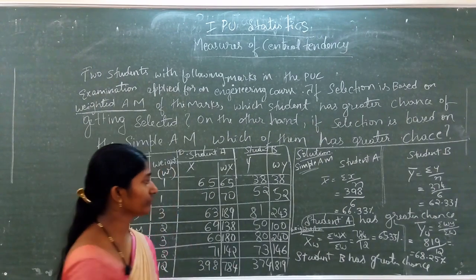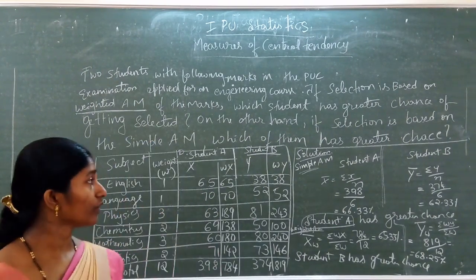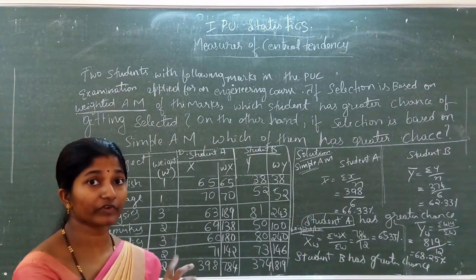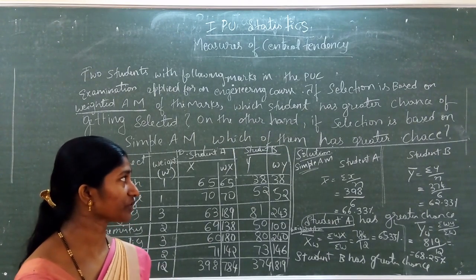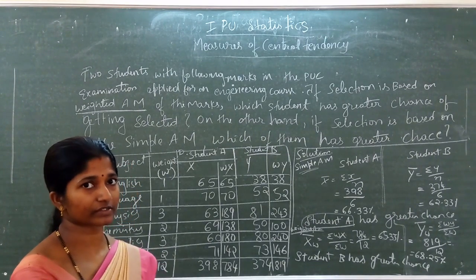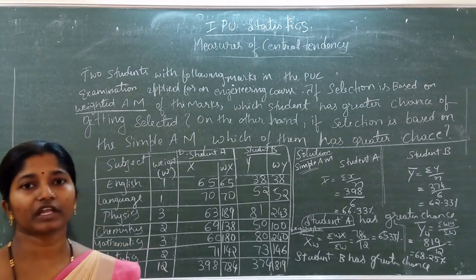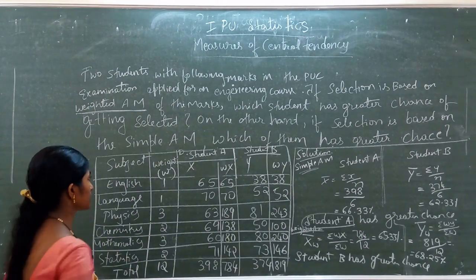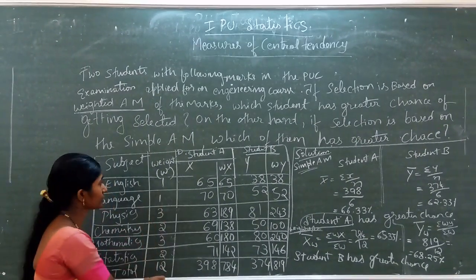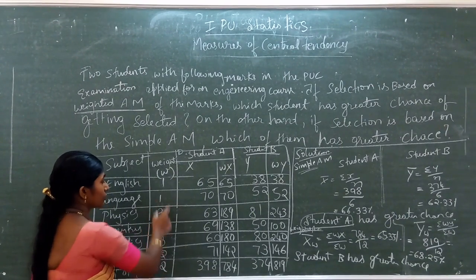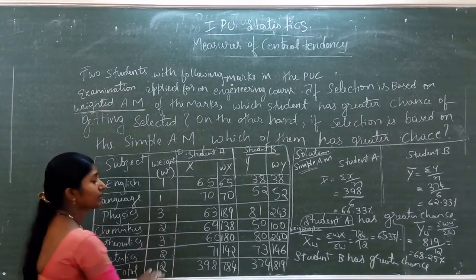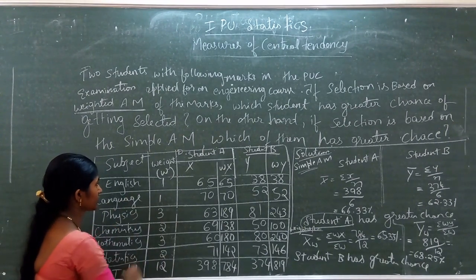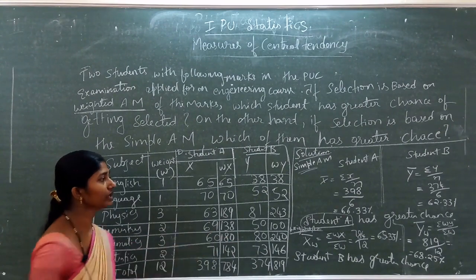Like this way we do the weighted problem. Why are we using weighted means? I have done the problem so we can compare. If the simple arithmetic mean is used, we get one answer; if the weighted arithmetic mean is used, we get a different answer, only because we are giving weights. Weights are not the same for all the items. For all the given subjects, weights are different. Therefore, we got a different answer.